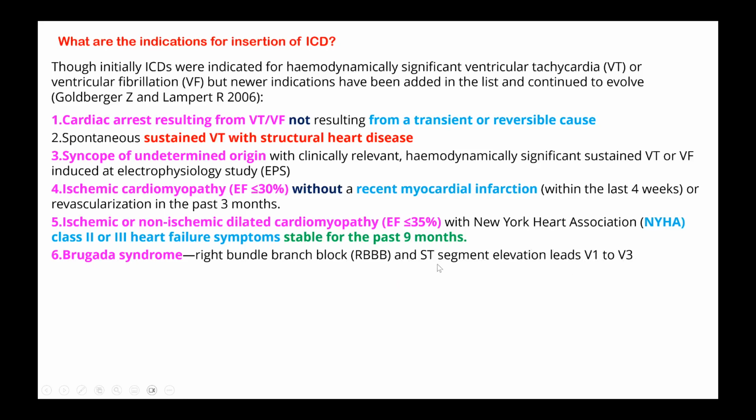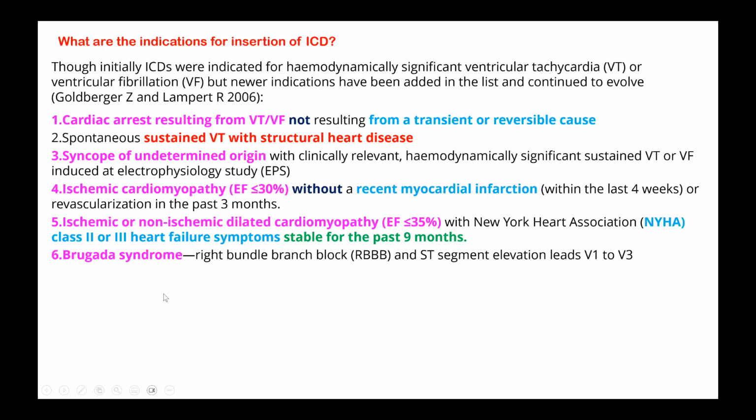Rarely you may find ST segment elevation in this, which then will become a Brugada syndrome, where sudden death in young persons is very, very common because of this. So whenever you read an ECG with an RBBB, don't forget to look at the leads V1 to V3 for any ST segment elevation also. And once in a blue moon, you can definitely find this change in the ECG, and you will be definitely rewarded by identifying this patient